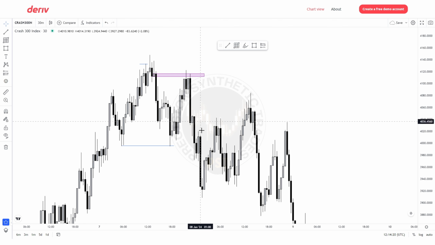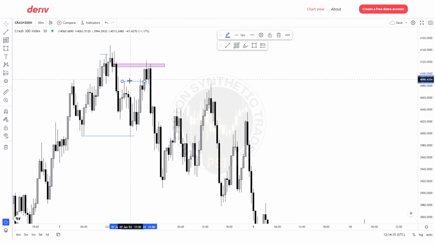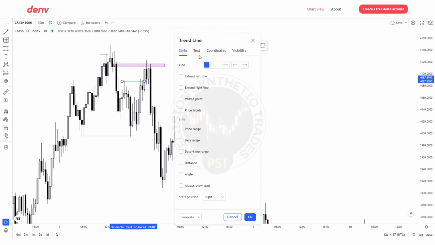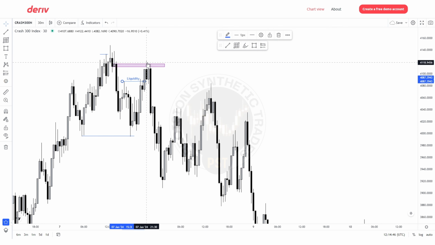Alright, now we got a move. Now we can enter nice and safe. So the impulse move happened from a point of interest. But if you haven't watched the videos yet, I like for liquidity to be swept as well. So it's just like an extra confirmation. Liquidity was resting there and price took it out. Then we had a huge down move, and now again